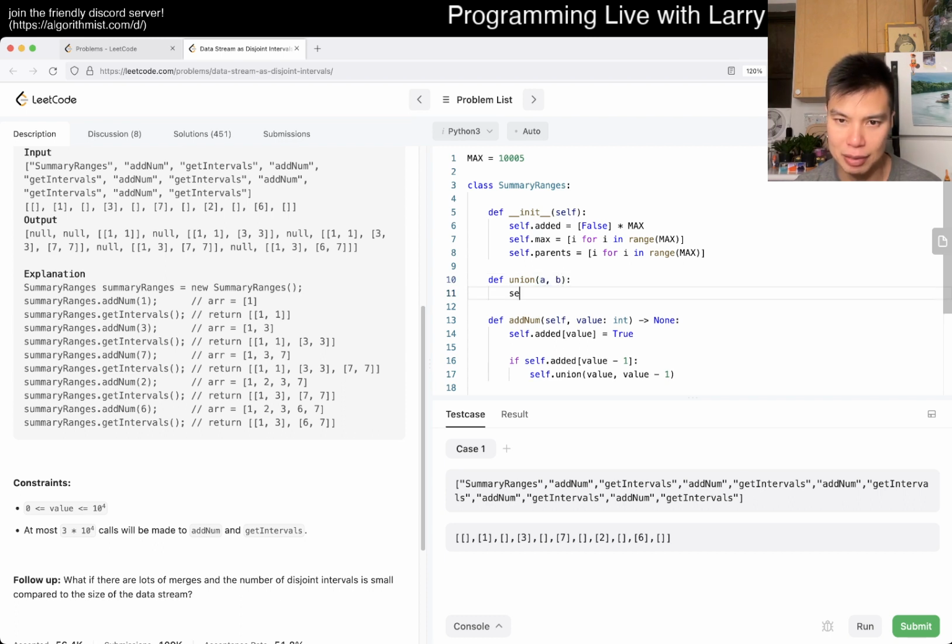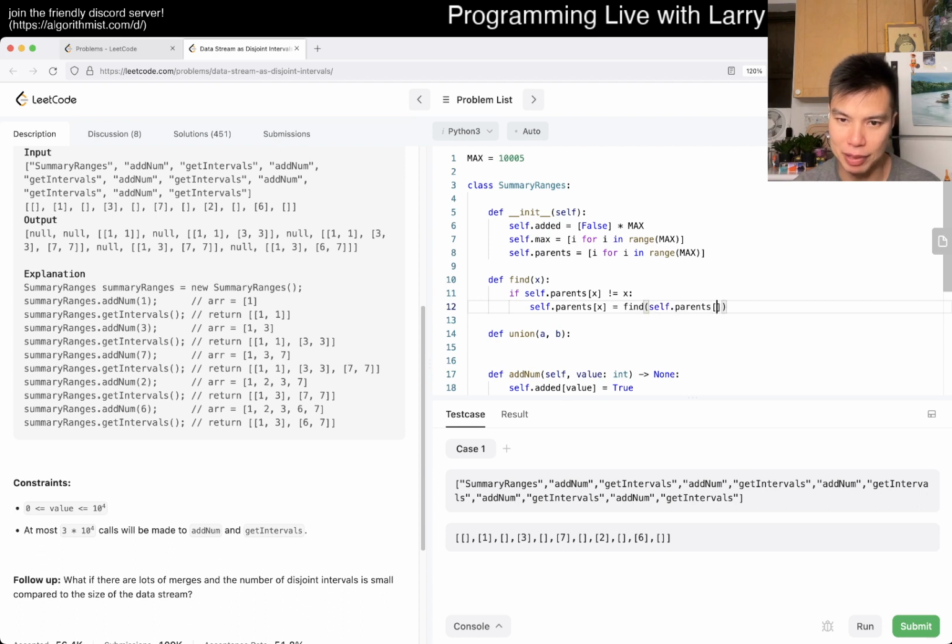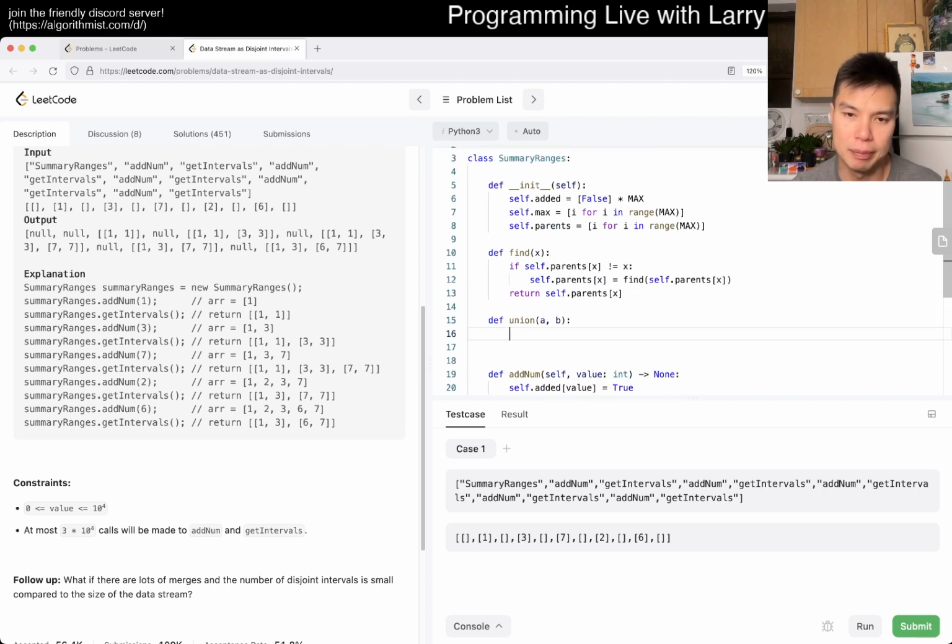AB, and then we have self.find(x), right? So if self.parent[x] is equal to x, or if this is not equal to x, then self.parent[x] is equal to self.find(self.parent[x]), and something like this, right? And then the union will basically